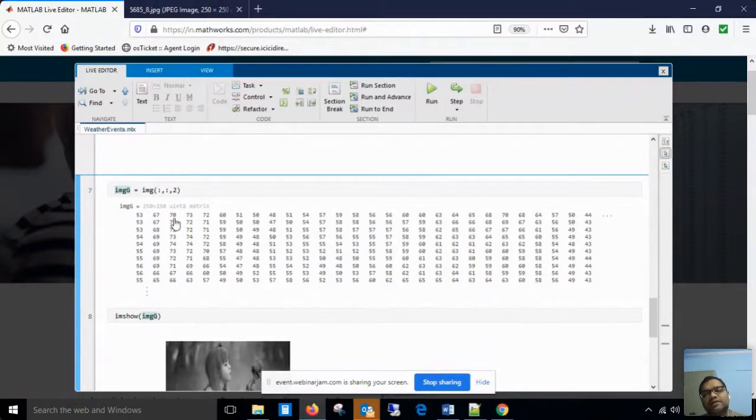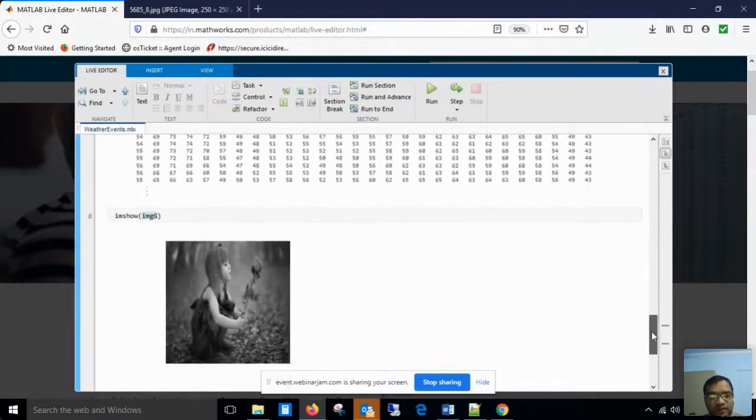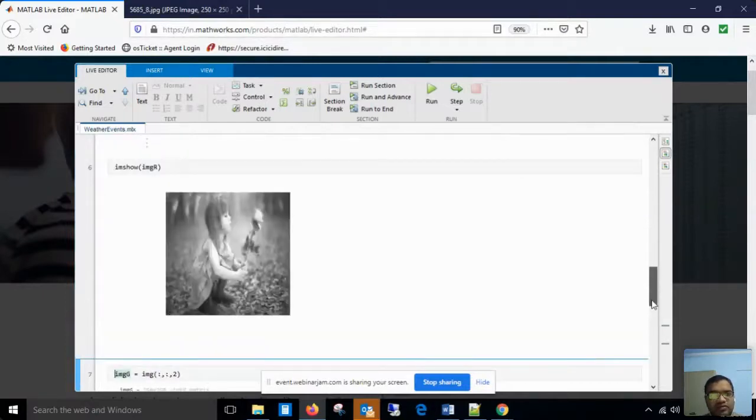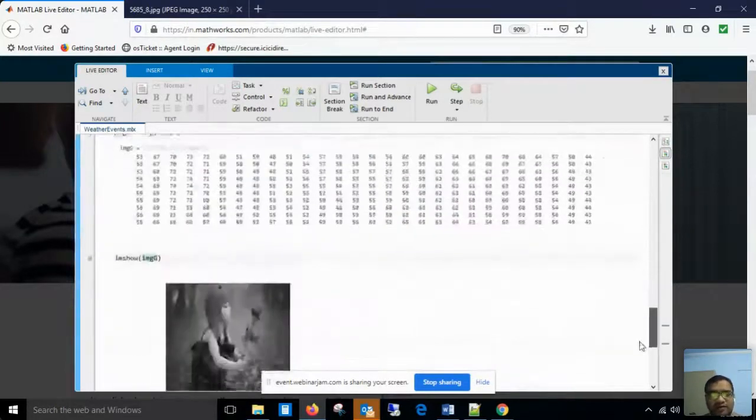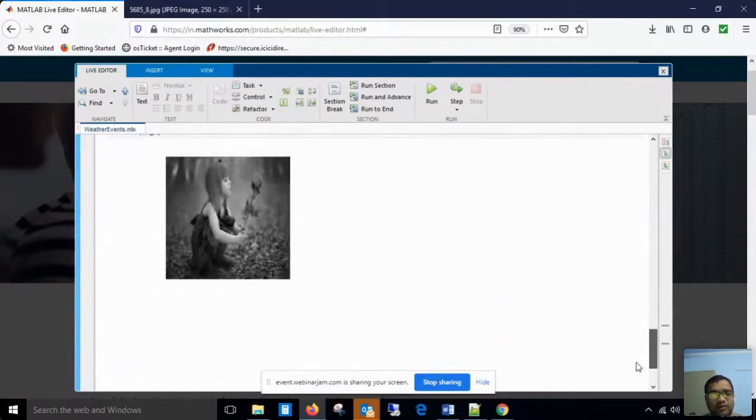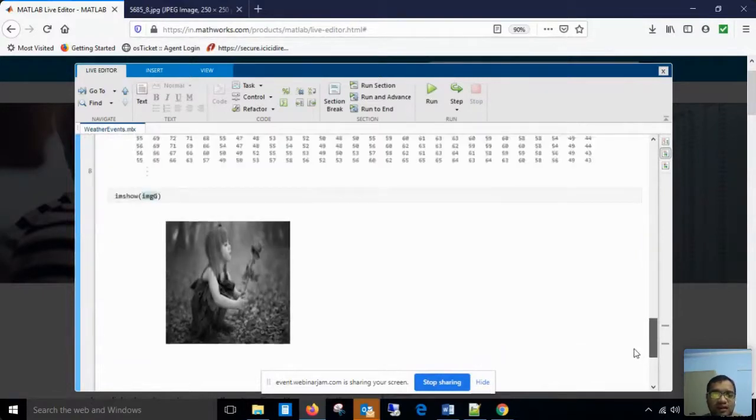So by looking at these values, we can say that the red component is more in this particular image because the intensity of the green component is less as compared to the red component, right? And when you show it, you can see here this is the value of green, while in case of red you can see the image has brightness. Why brightness? Because the values are higher. And when you see there is darkness in the green component because the intensities are less, right?